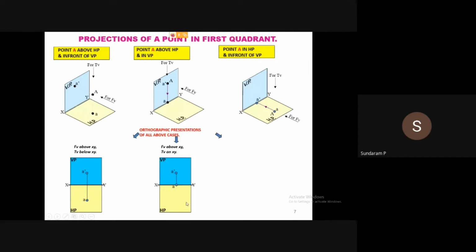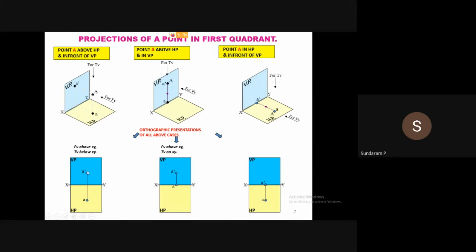This is our imaginary drawing. No need to draw it in AutoCAD or in your drawing. The technical drawing we represent with the XY line, in a 2D diagram, is called orthographic projection. Here you can see a point on HP. When we look at the front view, we get it on the XY line, that's why it is A dash. When we look at the top view, we rotate 90 degrees with the horizontal plane, so the top view will come below the XY line. I hope you understand.